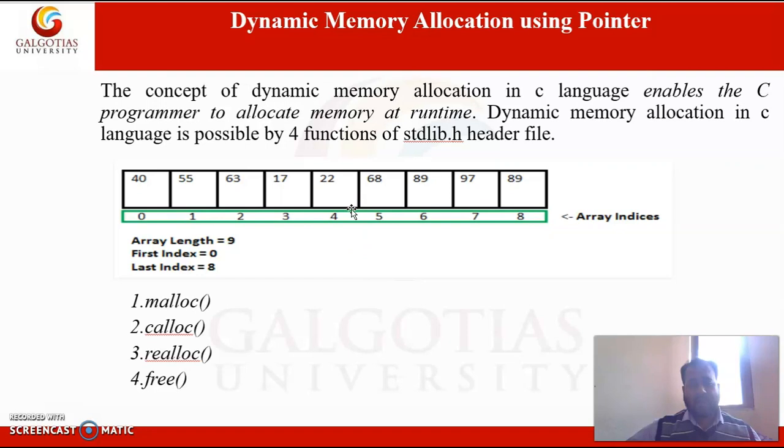You must have learned in the previous class that the first index of an array always starts with 0, and the array name gives the address of the first element.